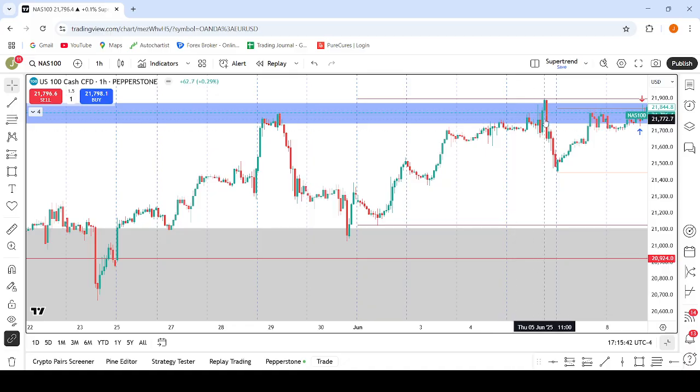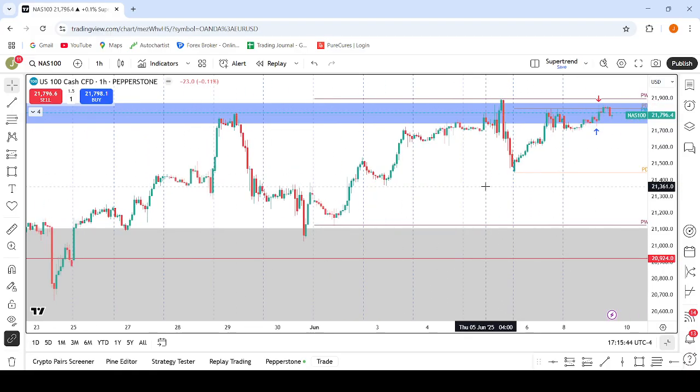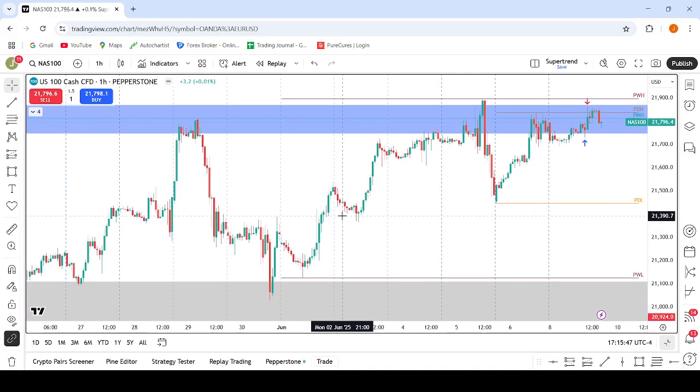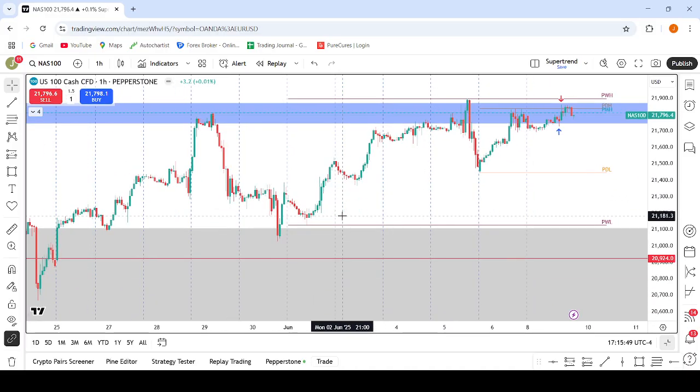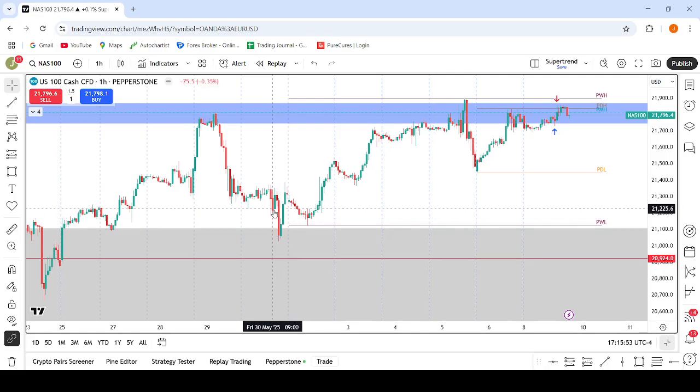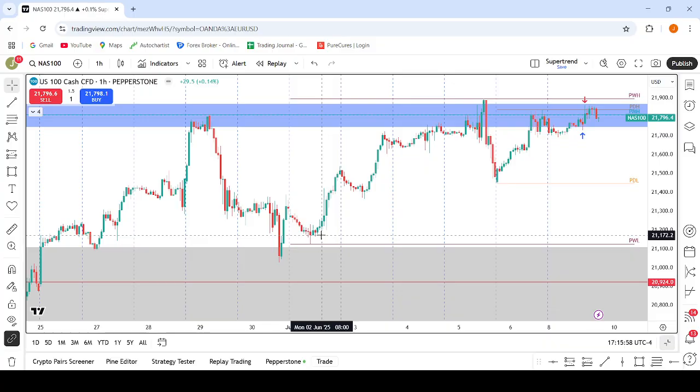BISI, or this fair value gap, whichever one it was, right? Here again, this here I would say is a change in state of delivery, a unicorn model. If I was to,